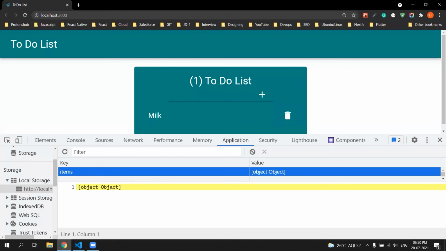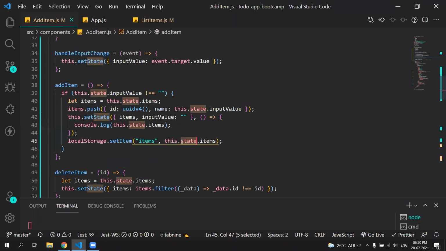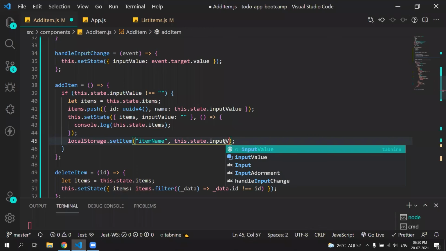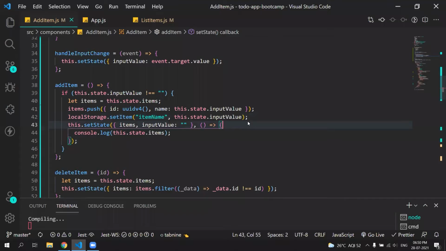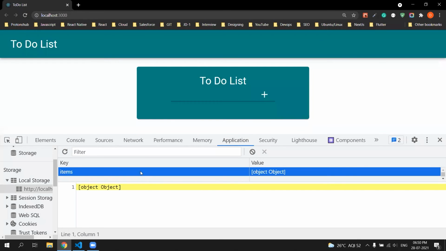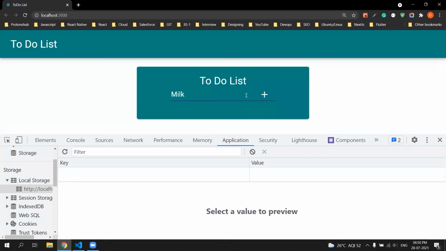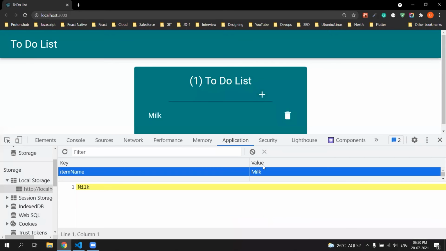So we have our array, and if you want to be specific, let's say if you want to add the name of what you have written here, we can write item name, and we can write input value, and we need to add this before because we are changing the value over here. So right now let's delete it. Let's add milk, and yeah, we got our item name as milk.